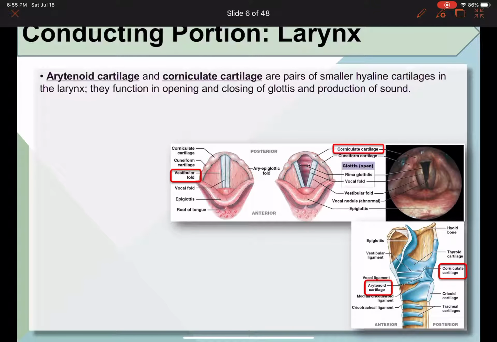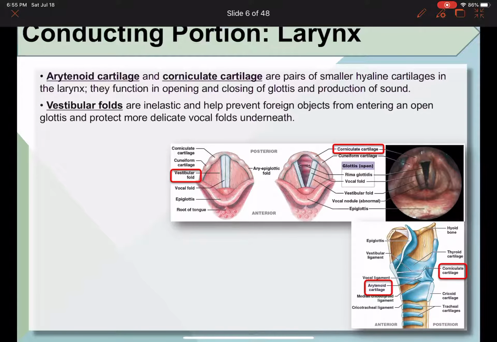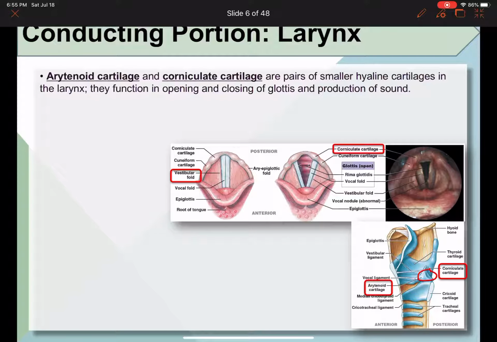Okay, now on to the rest of the larynx for the production of sound function. There are two additional smaller pieces of cartilage that I mentioned earlier at the posterior side of the larynx. The larger one here is called the arytenoid cartilage, and the smaller pointy one up here is called the corniculate cartilage. Okay, so arytenoid cartilage down here and the smaller one, corniculate cartilage, here,